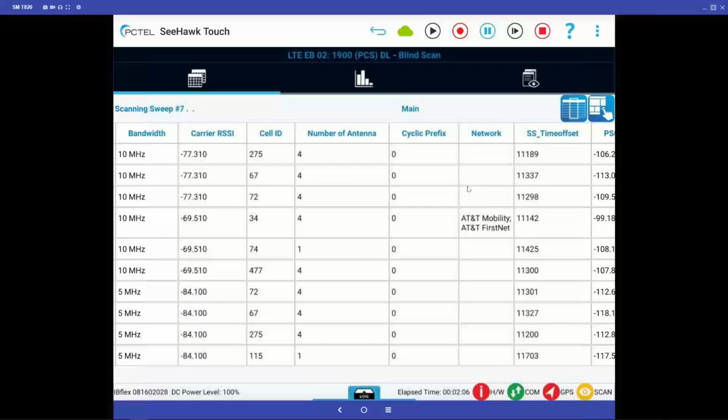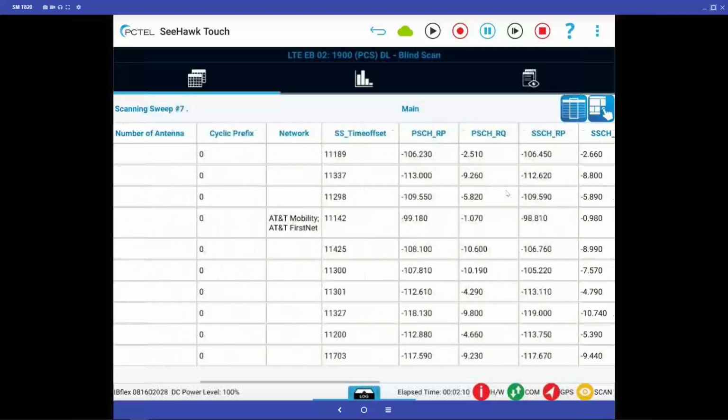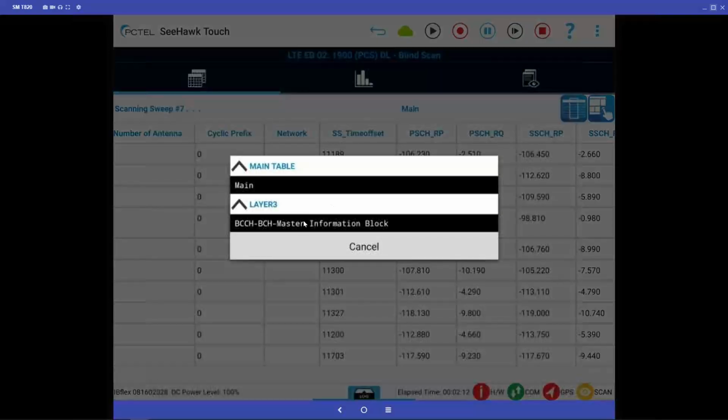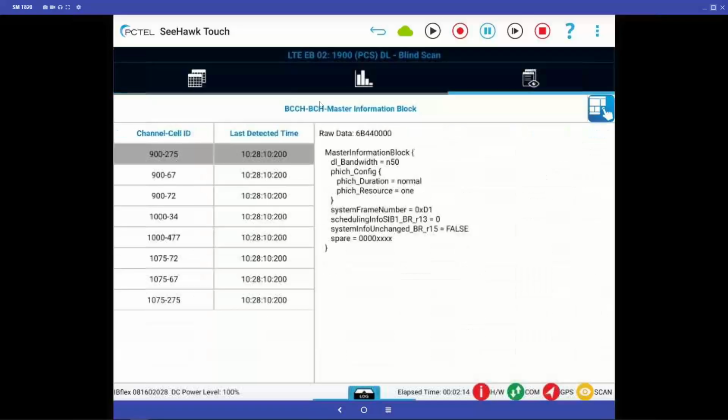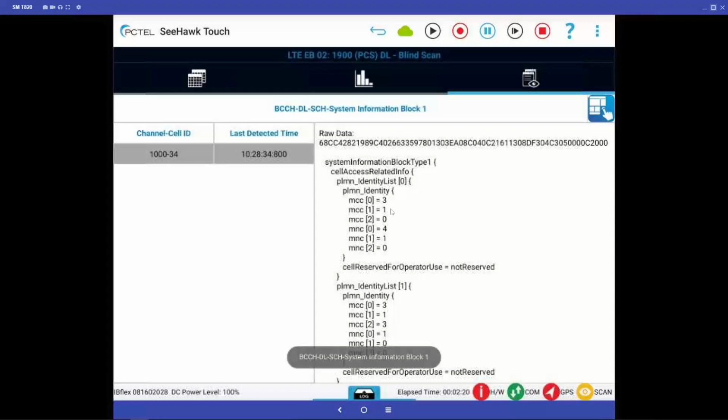So let's look at 900 here. 900 is a 10 megahertz wide channel. I'm going to go to the layer 3 information, which is here, and I'm going to put this on a system information block. It's telling me that, for this cell ID, for the channel that I selected, it's MNC code 410. A lot of times you can look that up, or if I go back,